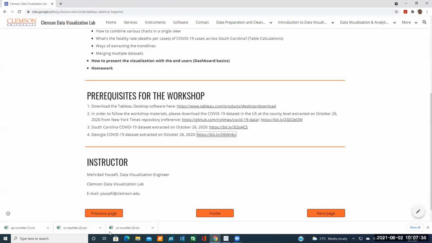So basically, download these three different files. One is uscounties.csv, another one is sccounties.csv, and the other one is gacounties.csv. So I will wait a minute to make sure everybody has downloaded the data set and had access to the